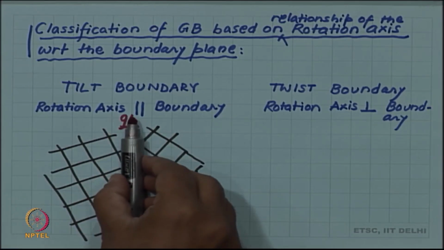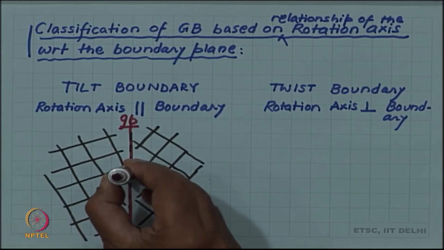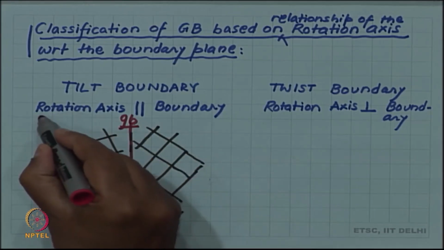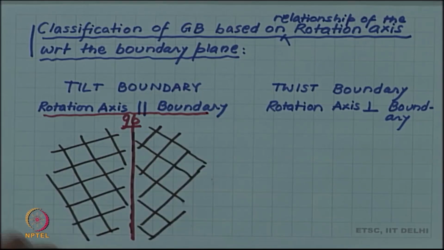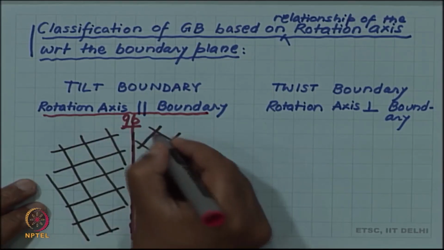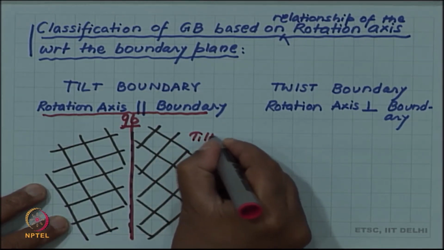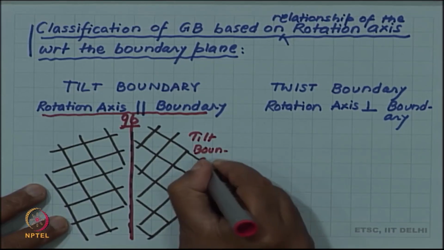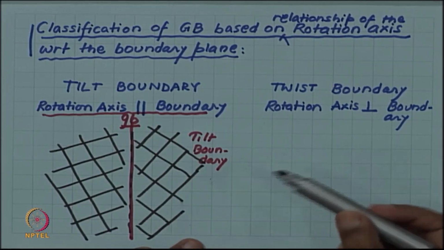So, since the grain boundary is perpendicular to the plane of the paper and the rotation axis is also perpendicular to the plane of the paper, rotation axis lies in the boundary plane. So, this boundary will be a tilt boundary. Now, let me try to create a twist boundary,